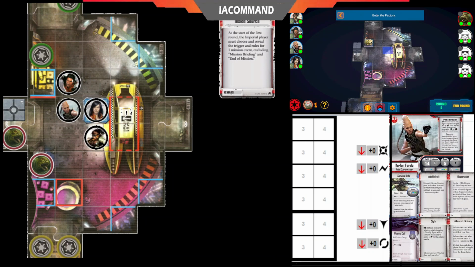Then we've got Ko-Tun with Surface Rifle with a Plasma Cell, Inch by Inch for movement, Dig In for extra defense, Opportunist, which is giving us +2 health, which is nice. So she's at 14 health. And then Alliance Efficiency, which we got from her side mission, which will let us reuse our supply items as well as getting some extra rerolls and recovery now and then. And then we've got